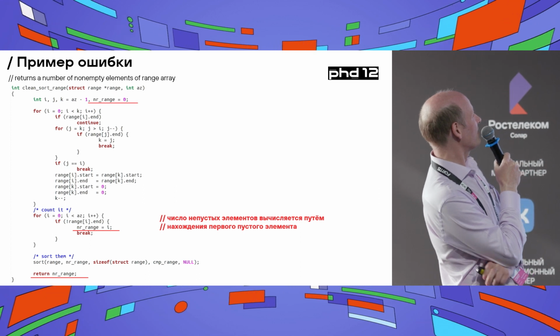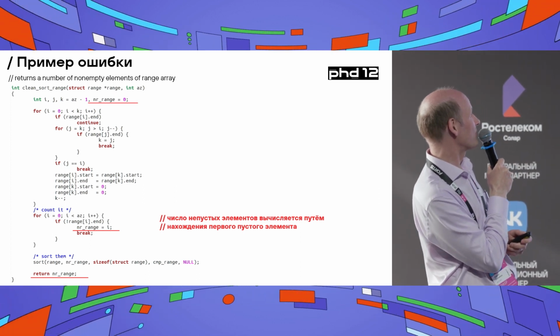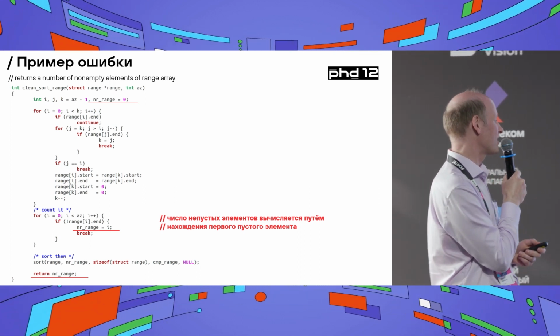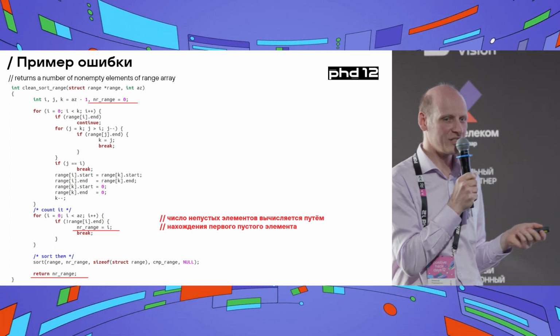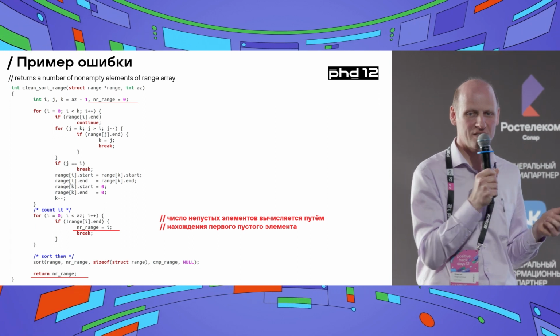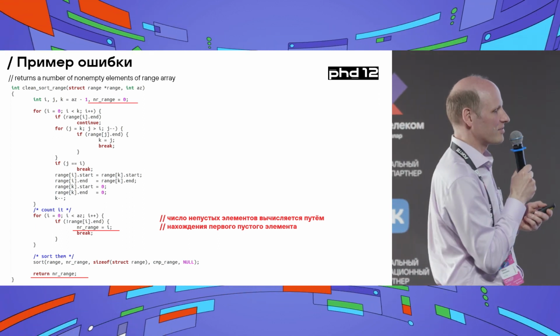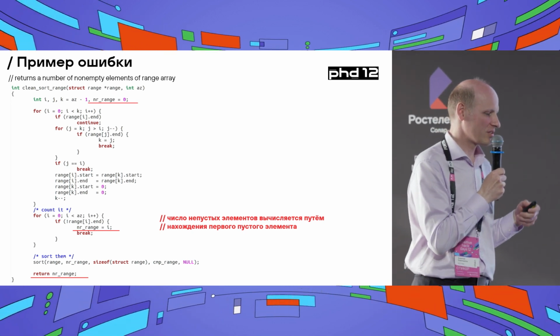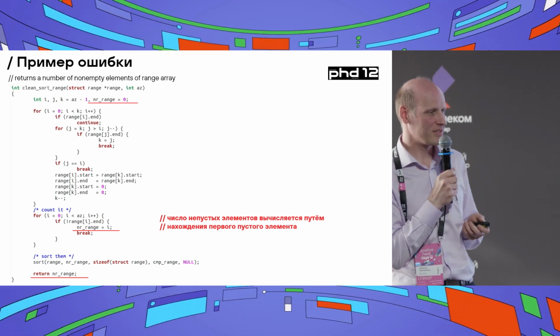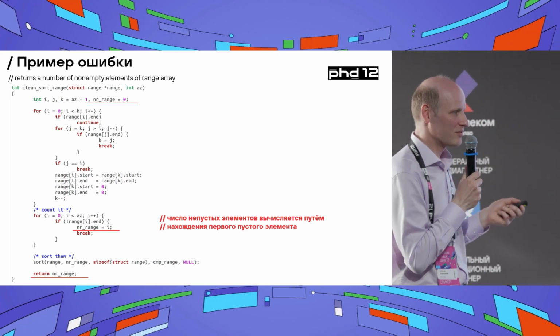So these are the simple functions, and they found a real bug in the Linux kernel. The function which gets the set from the range, cleans it, and returns the number of elements after the cleaning